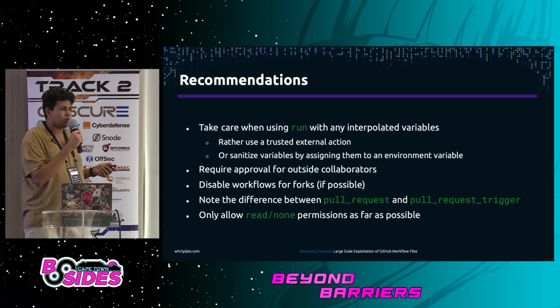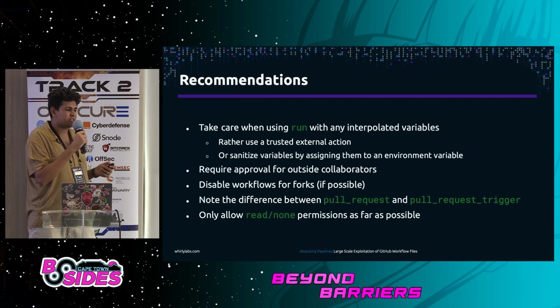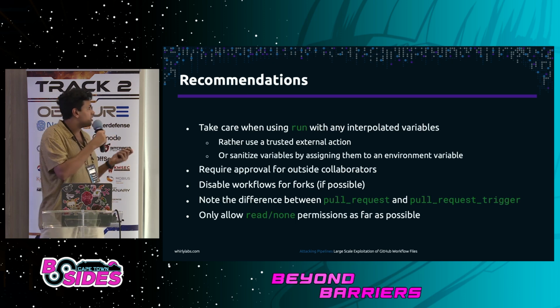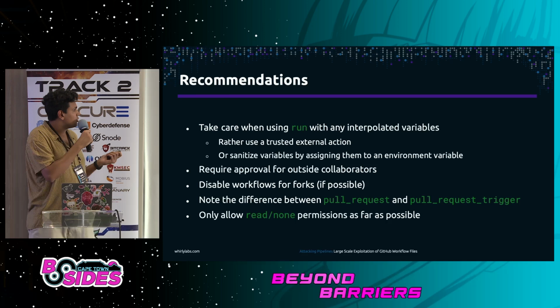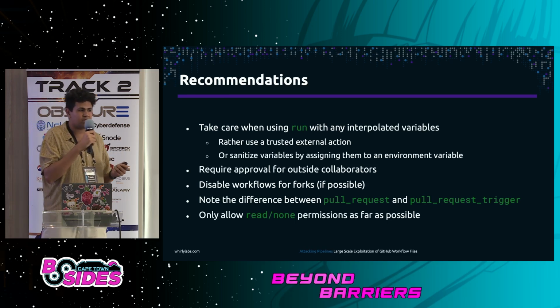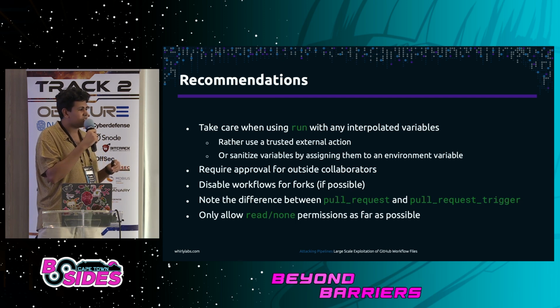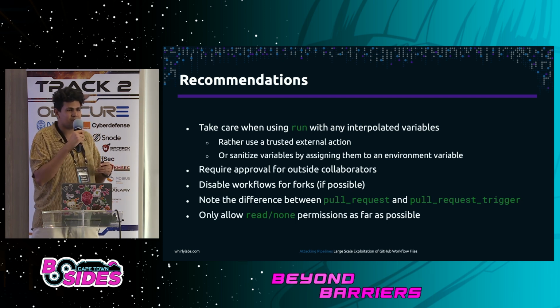For example, if you want an action that labels a pull request or an issue, instead of having a run keyword in your action, you can use a pre-made action, a JavaScript action that somebody has created, not because somebody else is a better programmer than you, because we all know that we are the best programmers,